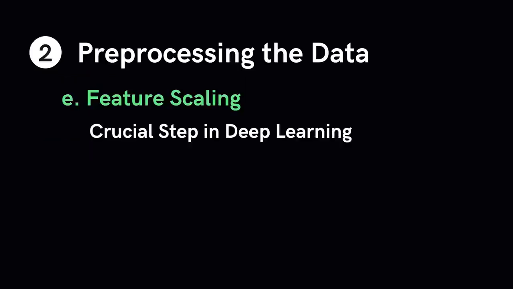Feature scaling is a crucial step in the pre-processing phase, as the majority of deep learning algorithms perform much better when dealing with features that are on the same scale. The most common techniques are normalization, which refers to the rescaling of features to a range between 0 and 1, which in fact is a special case of min-max scaling. To normalize our data, we need to apply min-max scaling to each feature column.